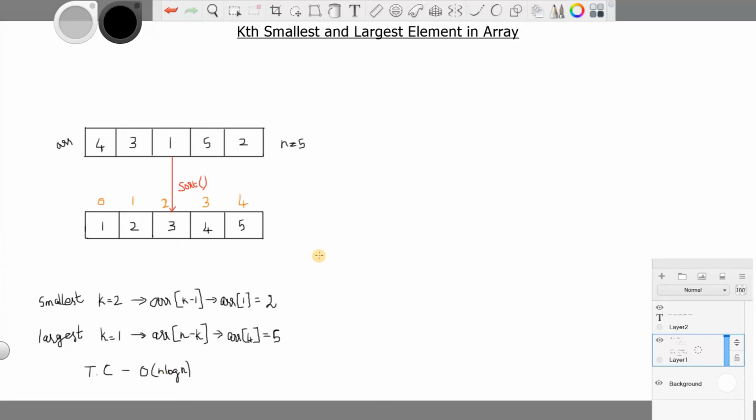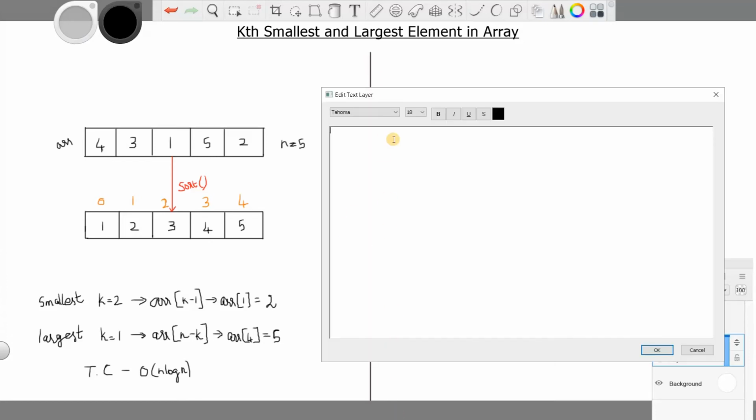Now let's see the algorithm with the help of pseudocode. I will represent the parameters first. Array is the name of the array, n is the size of the array, and finally k is the kth smallest or largest element that needs to be found.